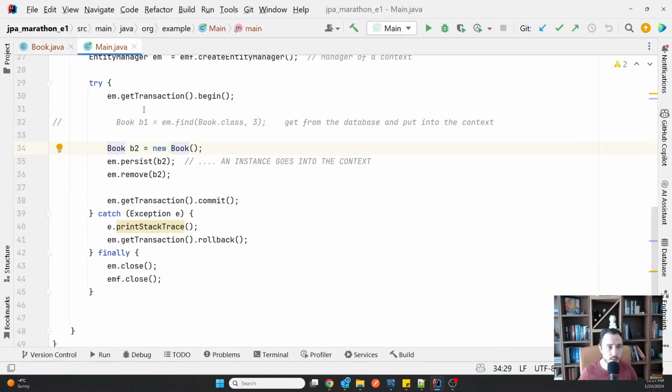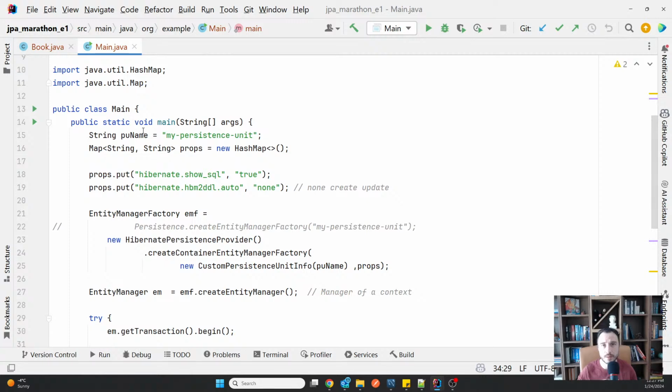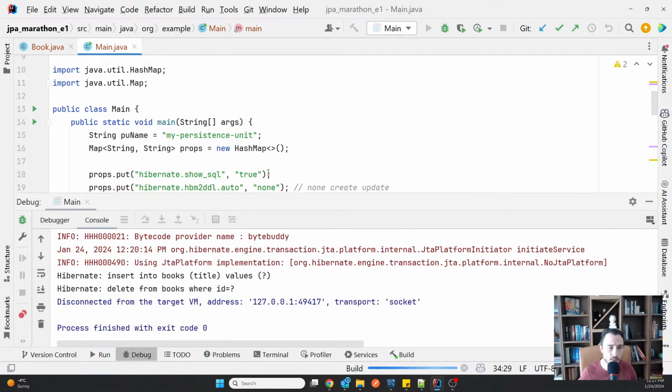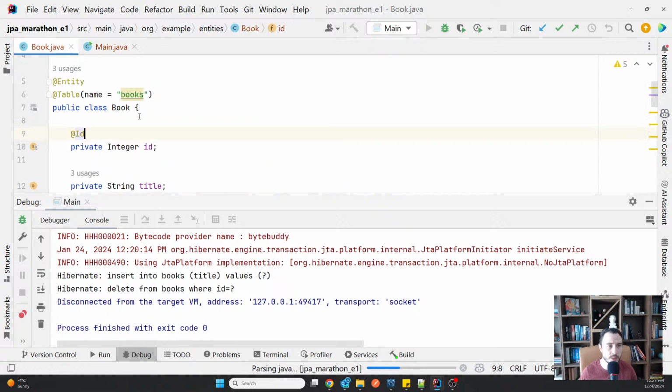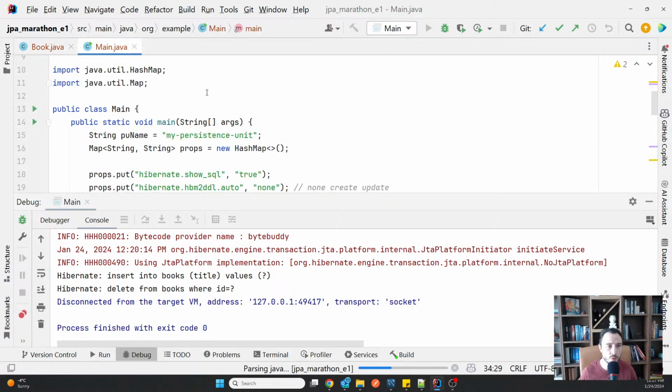So let us execute the same application without any change. See if anything happens now. The only change has been the generated value. I took out the generated value. That's what I did.